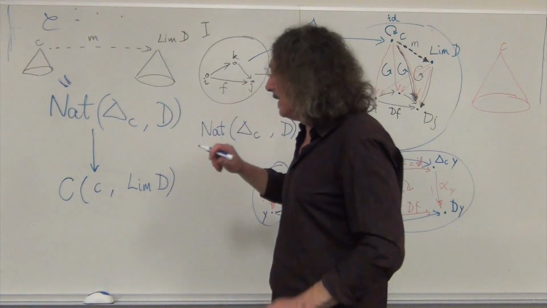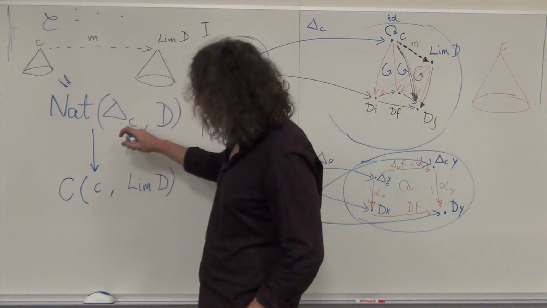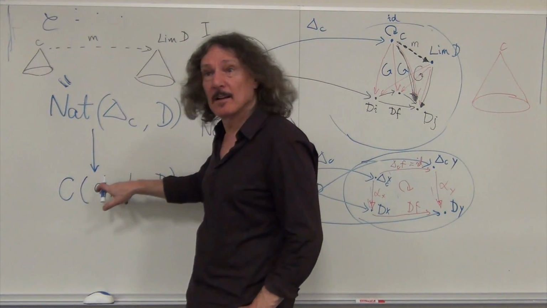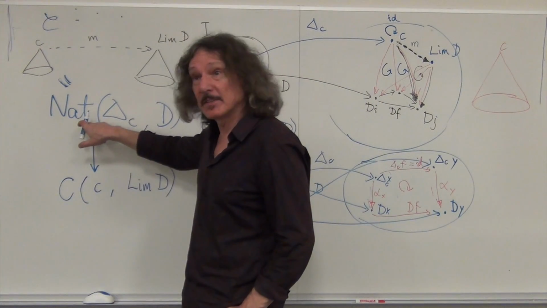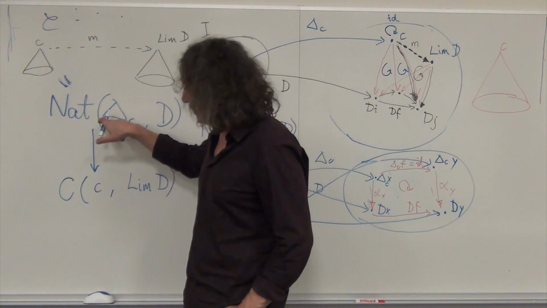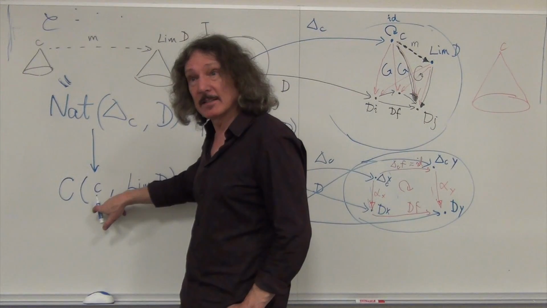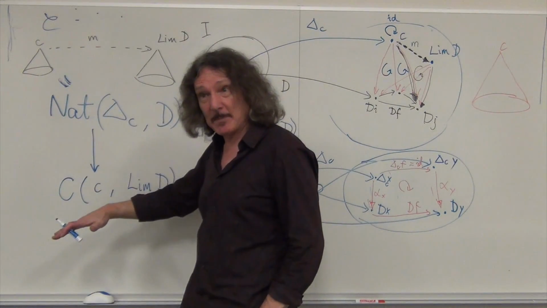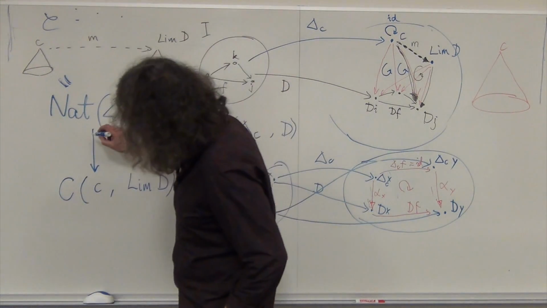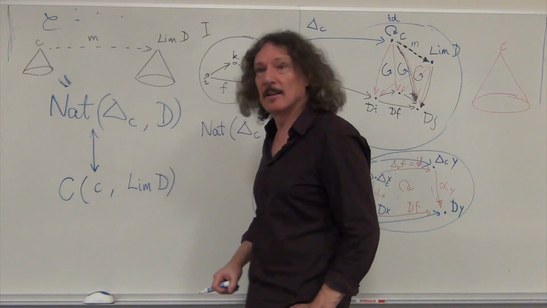Right? And what's even better, this is a unique morphism. For every point here, every element of this, there's a single element in this. So it's a nice mapping. And in fact, this is a mapping that goes both ways.